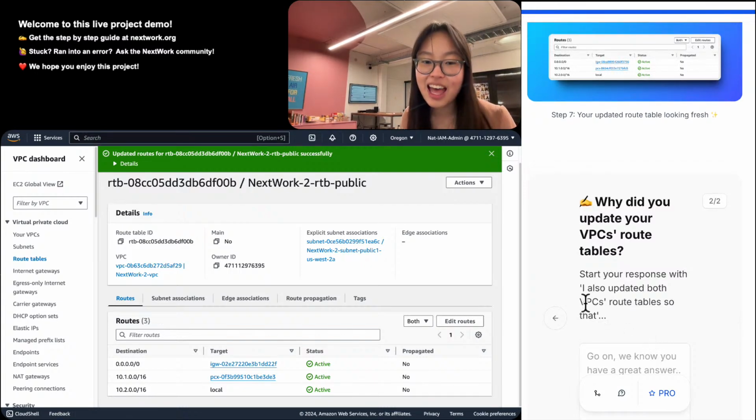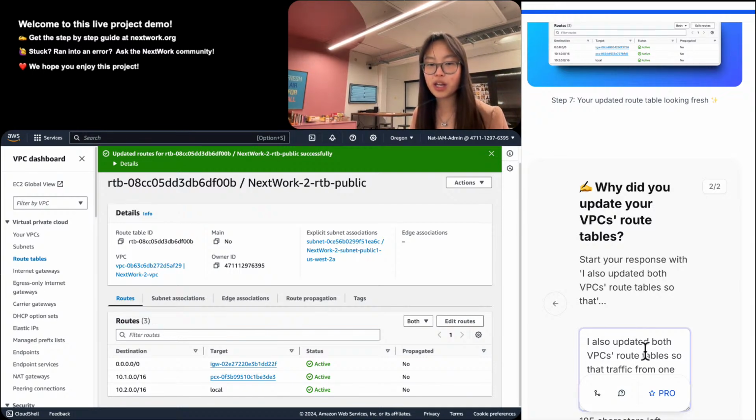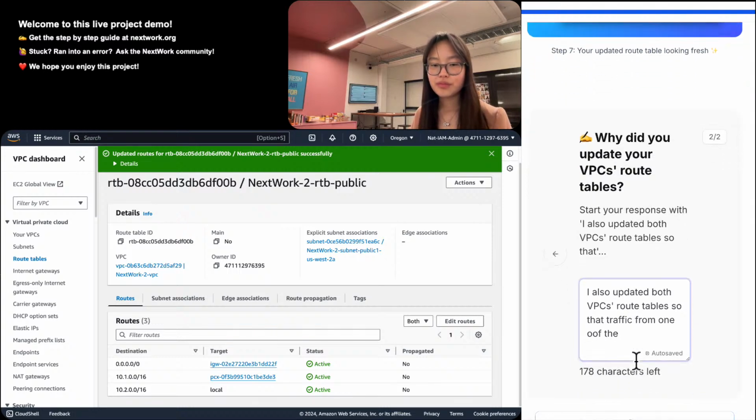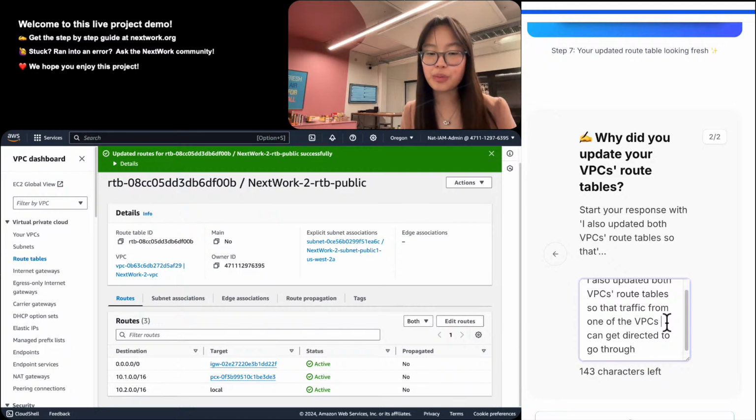So we're going to say, I also updated both VPC's route tables so that, what was the reason? What was the reason for updating our VPC's route tables? It was so that traffic from one of the VPCs can get directed to go through, let's be even clearer. I also updated both VPC's route tables, comma, so that traffic from one of the VPCs